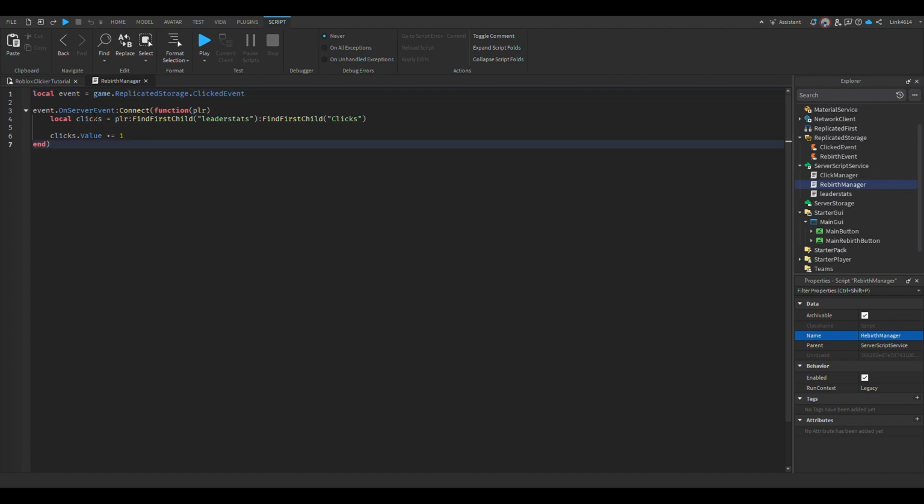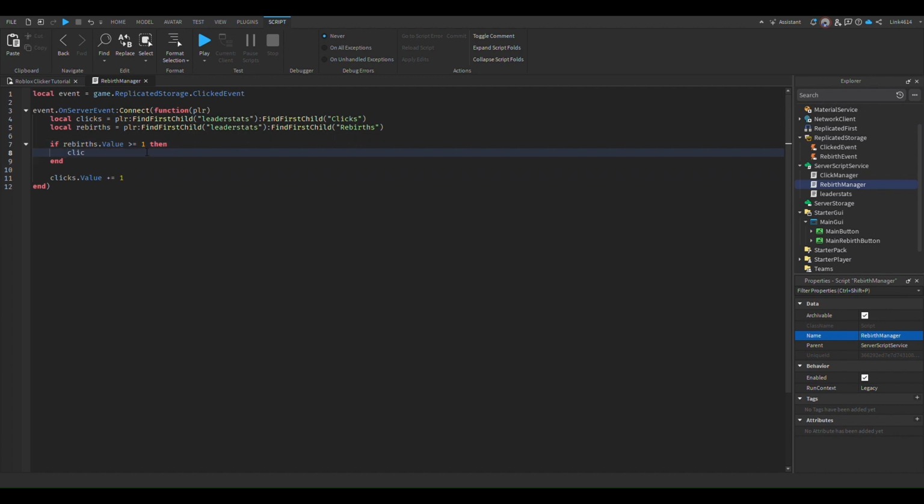And then we can get local rebirths instead, or actually we'll keep that. Local clicks. Then we'll copy all that and then paste it there. Then we will do rebirths. So now we will do if the rebirths.value, so if they do not have, if it's less, wait, hold on. If it's equal to 0, actually, it's greater than or equal to 1. So if it's greater than or equal to 1, then clicks,